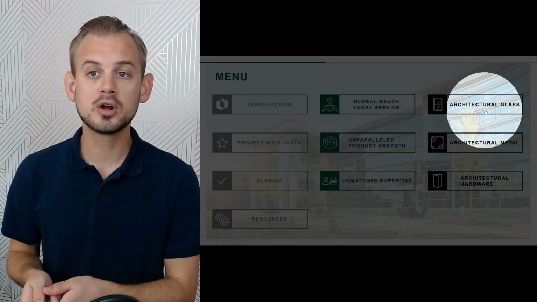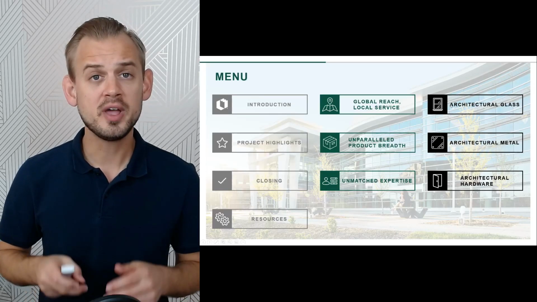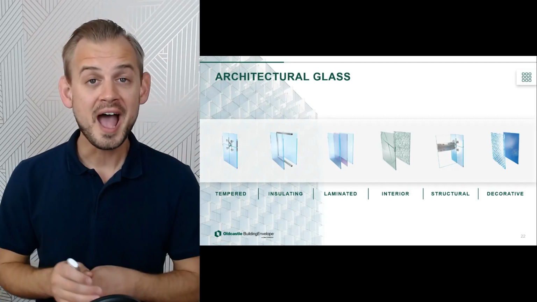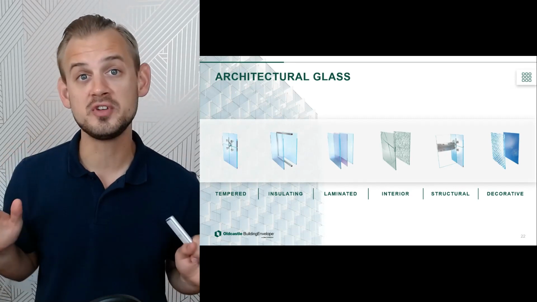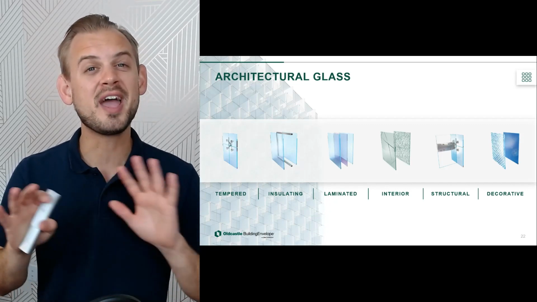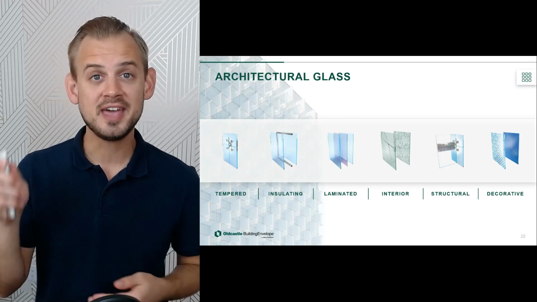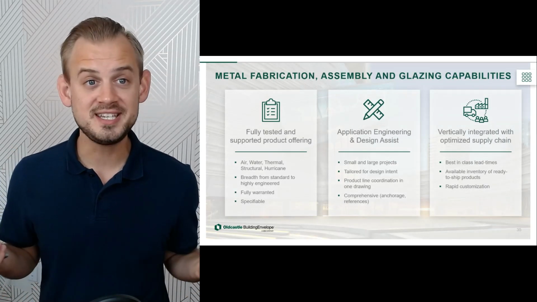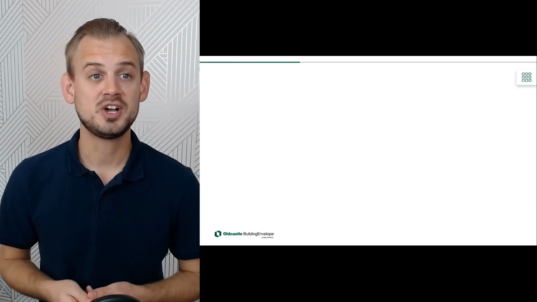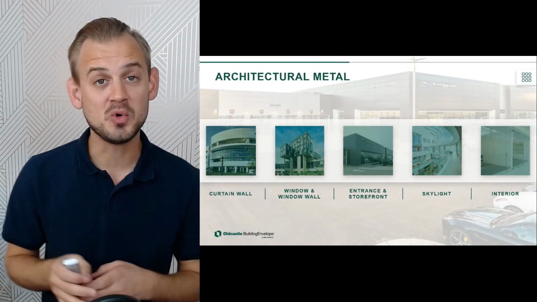Their three core capabilities are around glass, metal, and architectural hardware. And so if I click into glass, this is where the slide layering plays a really big role. I might just want to give a high-level overview presentation, a 5-minute version, in which case I don't want to go through every one of those glass types. I just want to give a slide like this that shows every one of them. And then my next click, I start to go into the details, and I talk about our capabilities in engineering. I talk about some of our clients, and I'm through that section in 4 slides only, really quick,